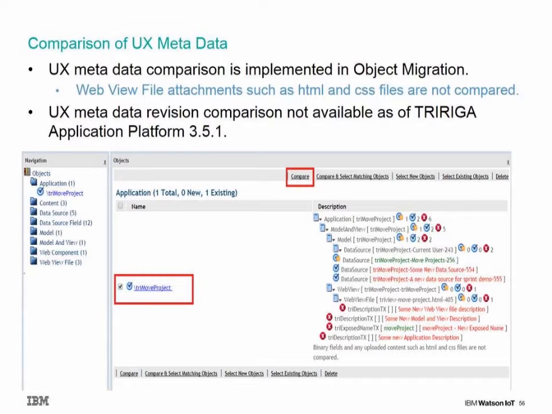In this screenshot, you will notice that the comparison report basically shows every difference within this particular application, drilling down into all the different components of the application. So you can see at the highest level you have application and model and view, model, and then you can see some data source differences, and then for web view you can see some web view differences. There's a difference on the web view file record, but please note that the comparison only can report on